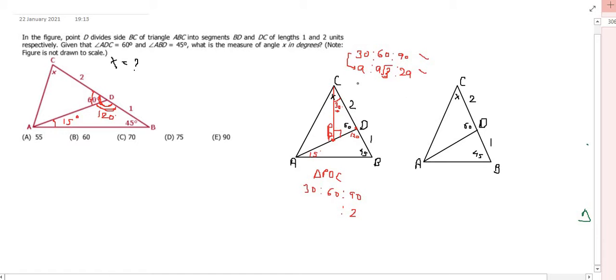So what should this length be? If you look at the ratio, opposite 30 degrees it should be half of the length of the line opposite 90 degrees. So if this is 2, this should be 1 here. Similarly opposite 60 degrees, this will be 1 root 3, or just root 3. So now I know the length of PD is 1. You know that the length of PD is 1 here. So how does that help? Can you think of anything?